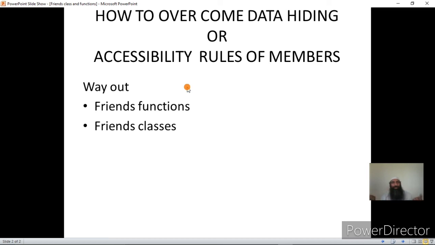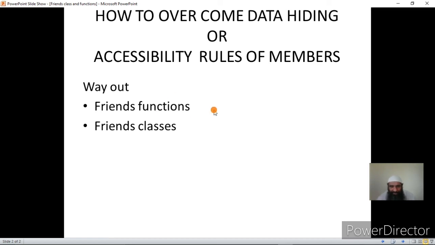For friends everything will be shared. Once a non-member function has been made a friend of a class, or a class has been made a friend of some other class whose data members and function members are being accessed, then in friendship everything is shared.